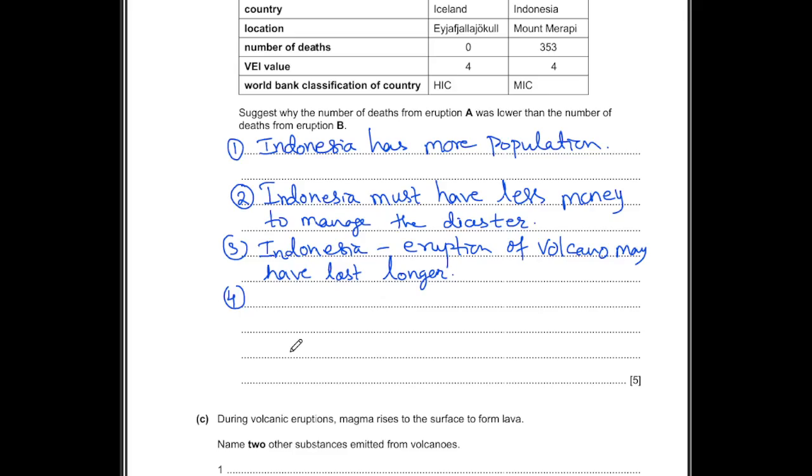Along with that, Indonesia does not have a proper warning system. And the last one, fifth point, must be